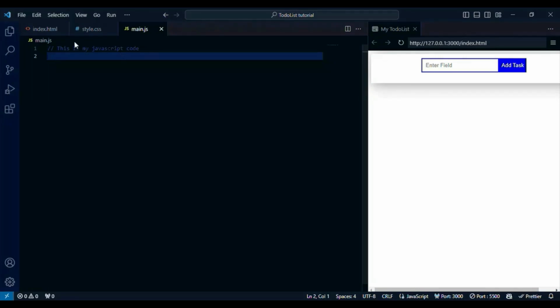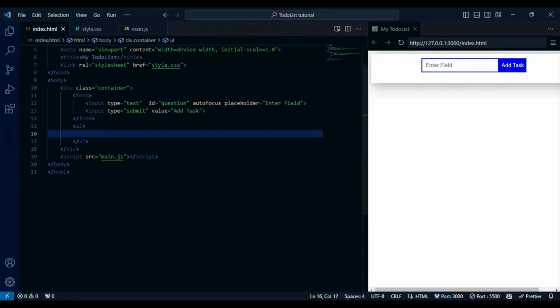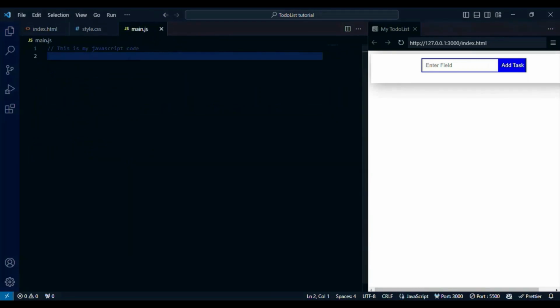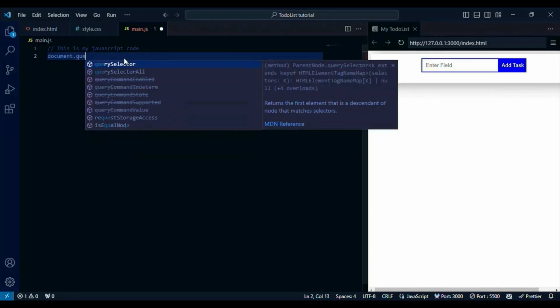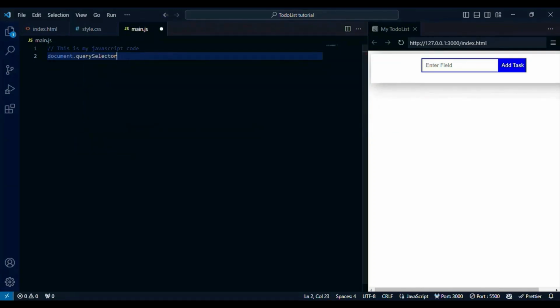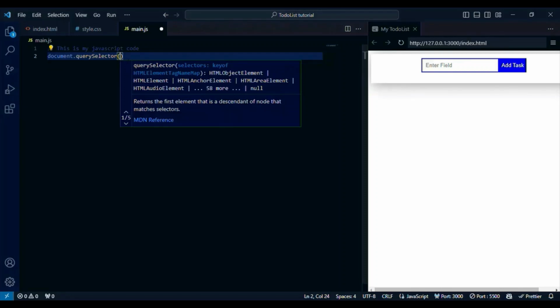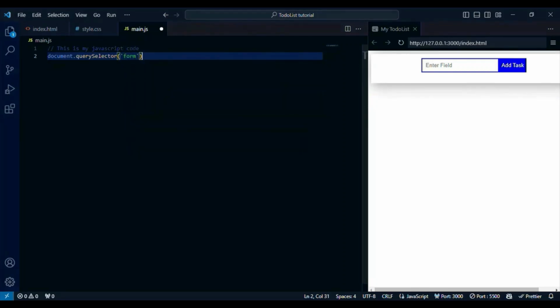So now if you pay attention in our HTML, there is this form tag here. And then inside the form, the form has input type of submit. So we are going to write in our JavaScript code that when this form is submitted, what should we do? So document.querySelector. What this query selector does is that it picks a particular element. You just have to specify the type of element. So in the HTML DOM, document.querySelector, that is form, and then onsubmit, that is when the form is submitted,